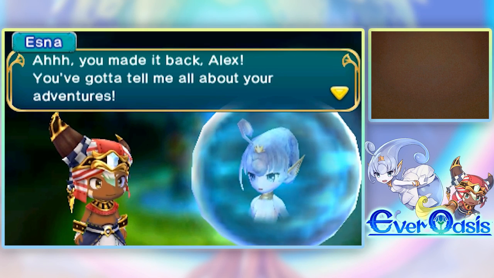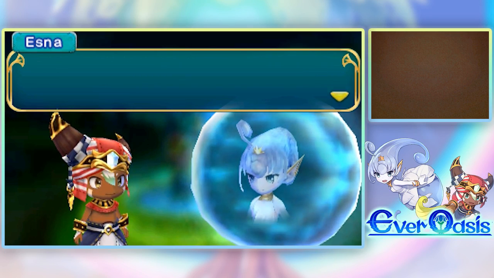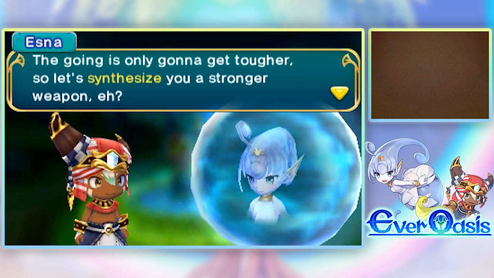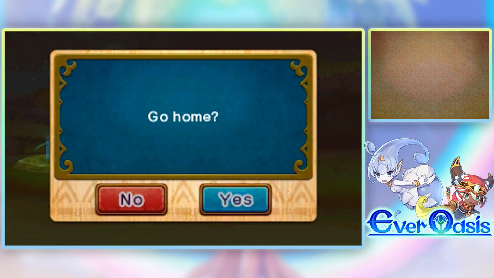Ah, you made it back, Alex. You've got to tell me about your adventures. Oh, Miura gave you materials for a weapon, right? The going is only going to get tougher, so let's synthesize you a stronger weapon, eh? Sure. Okay, let me actually go over to the house,